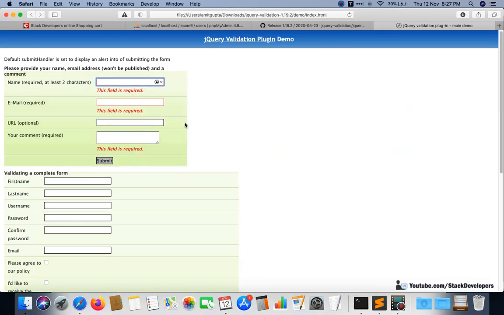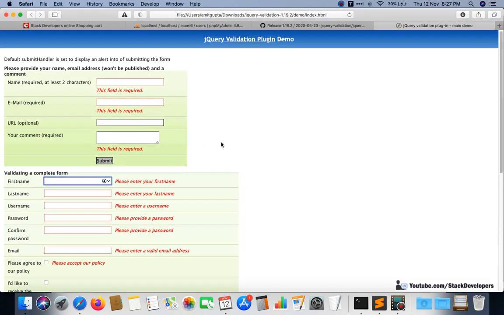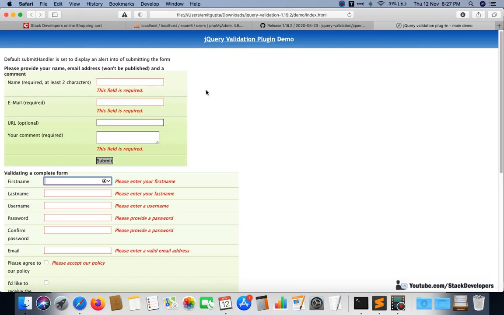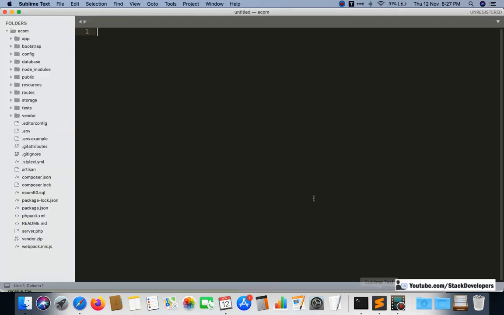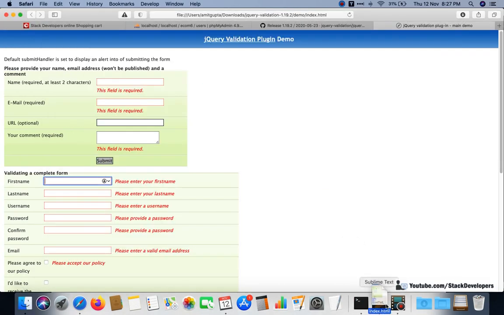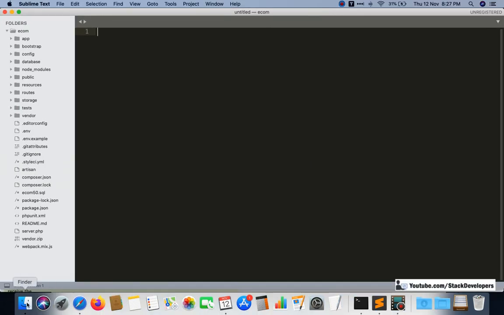See, the jQuery validations are working here. They have provided really good jQuery validation. So the first step is you can simply download their source code from the jQuery website, and after downloading you can check offline that it is working fine. Now it is time to integrate it in our website. So we are going to open their page. I will open their index.html in Sublime,